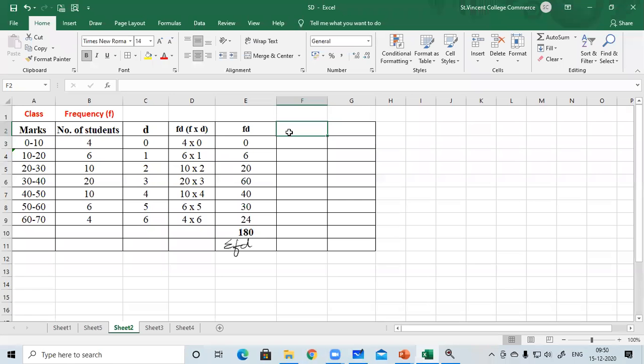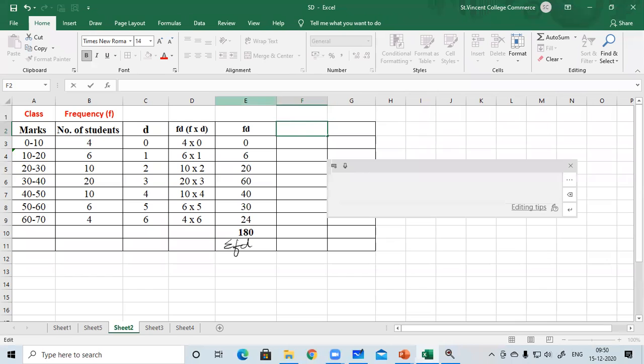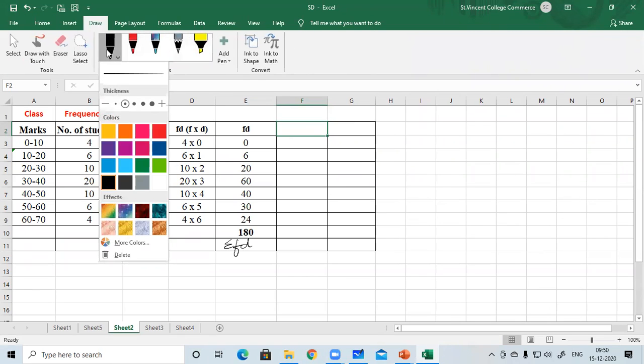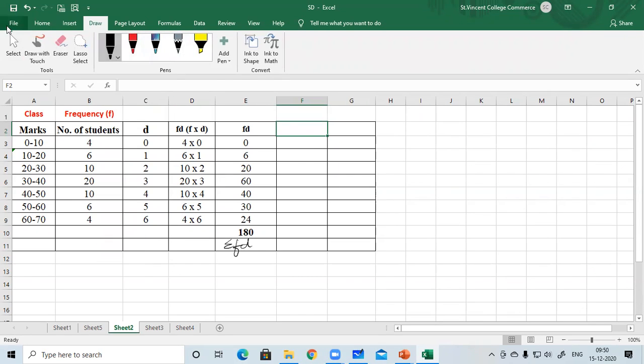So basically, FD square, just 1 minute, I'm trying to write, children. There is some software error going on here. FD square is going to be, it's not writing. 1 minute, children. Just excuse me because it's not writing on that. So in Excel, it is difficult to write the square part. Anyway,